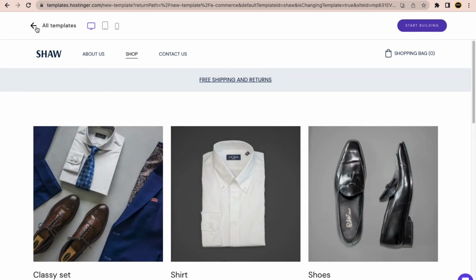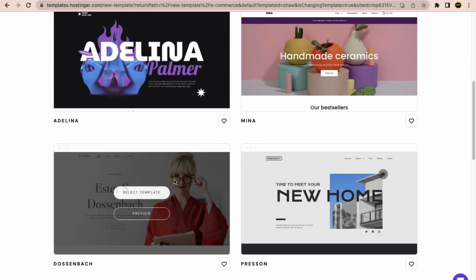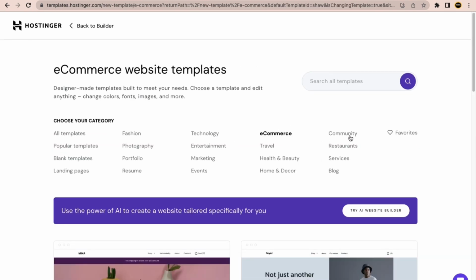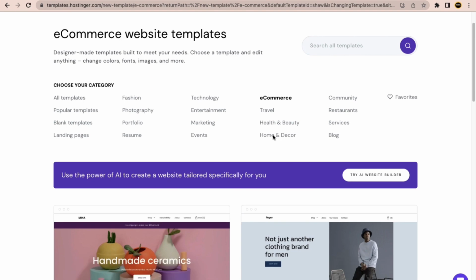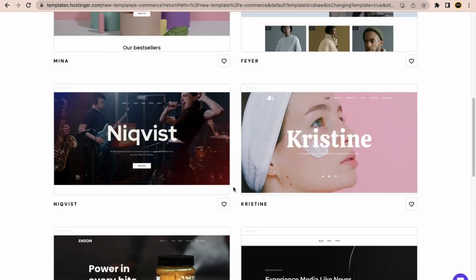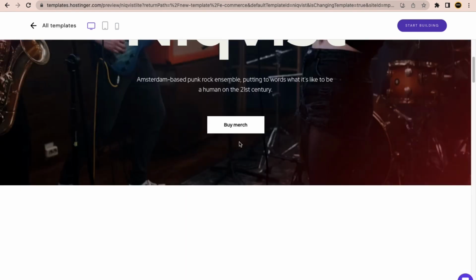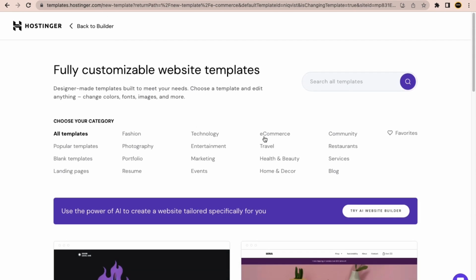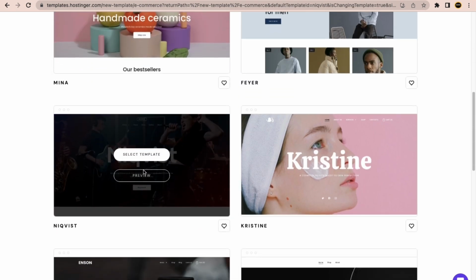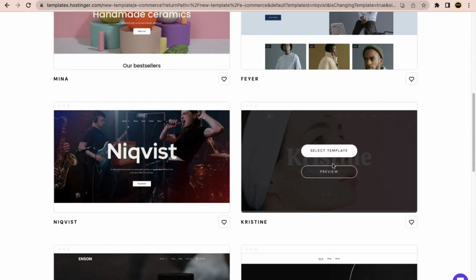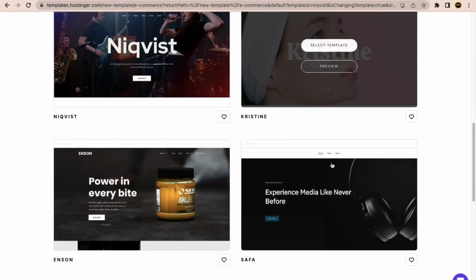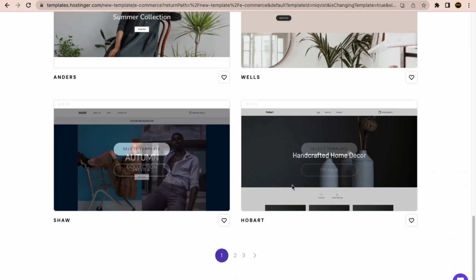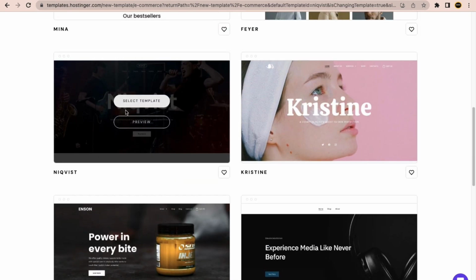So maybe let's say you are liking this particular template for e-commerce. If you select the e-commerce category, by the way, you can choose any category you want. Let's say I love this website. Let me just preview it. Okay, I'm liking this particular one. So in this case I can go back and choose e-commerce again, and let's say I want this particular template, any template you want. Just see how it is looking, and after you select one of them,